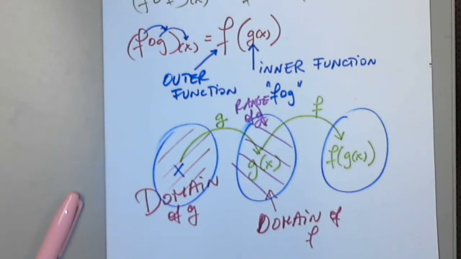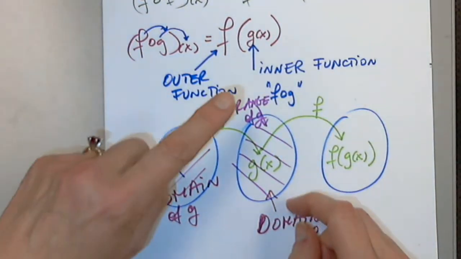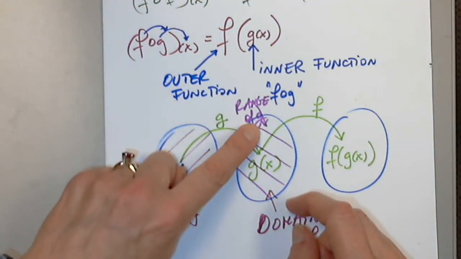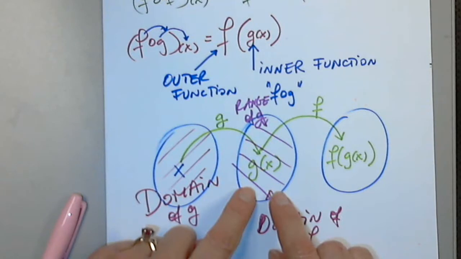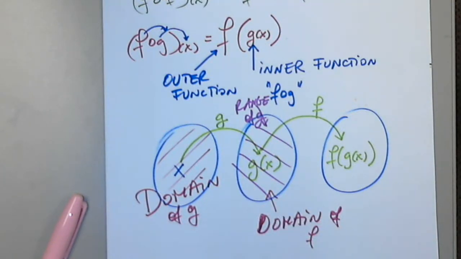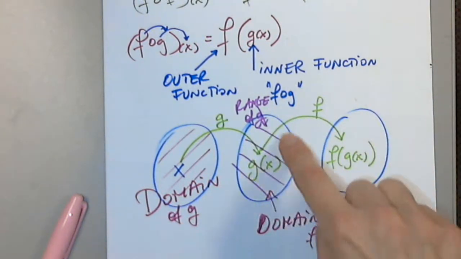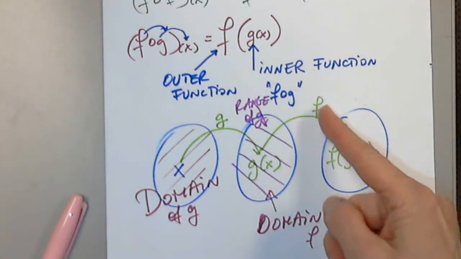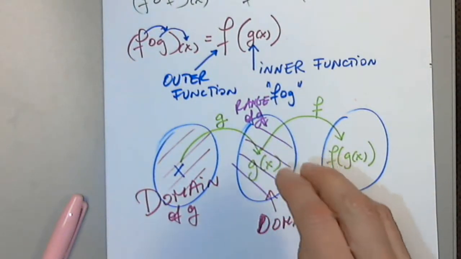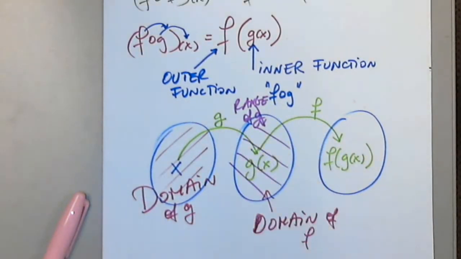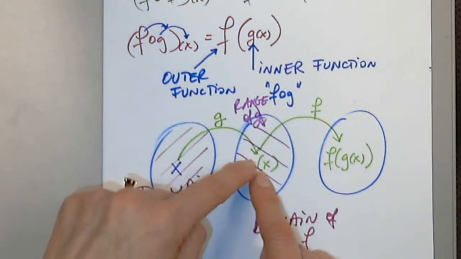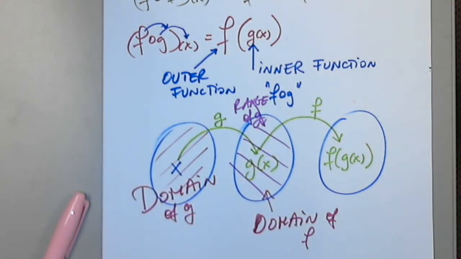Forget about common domain. Not having any overlap? Here it is. Right here. If the range of g and the domain of f don't work well together, not common domain, one more time, the range of g and the domain of f. If g brings 0 here, for example, and f cannot be applied to 0, I cannot create